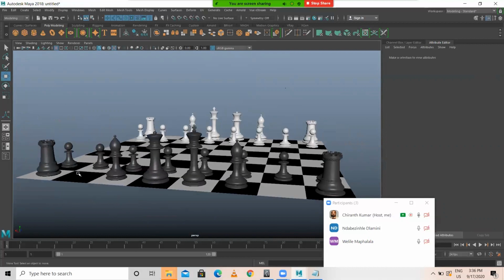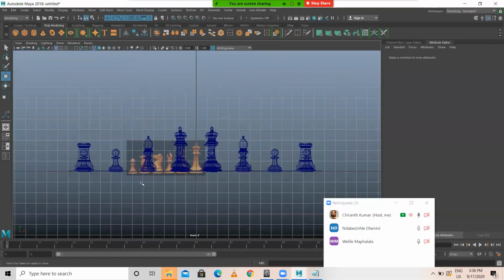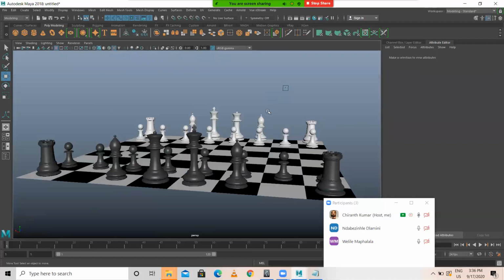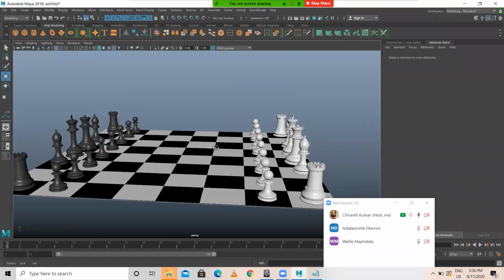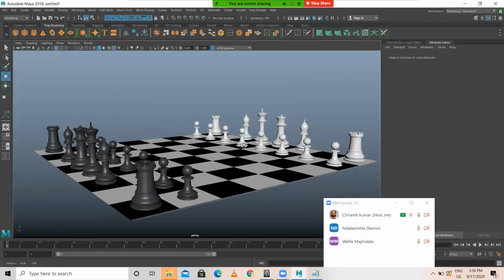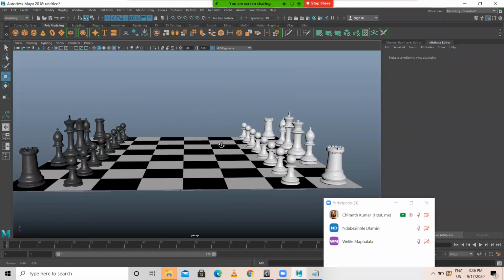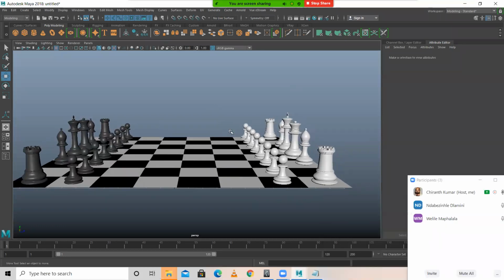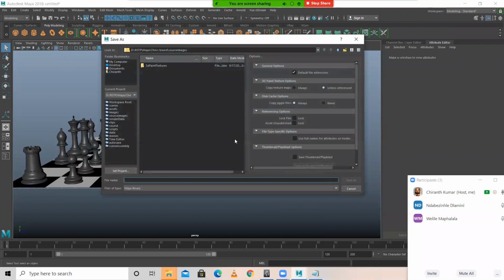Okay. So there is one more thing that we have to create, the rookie. This we haven't created, this one. This is another type of model that requires other skills, so we'll do that separately. Okay. So that's it. We are done with this. Let me save this model.